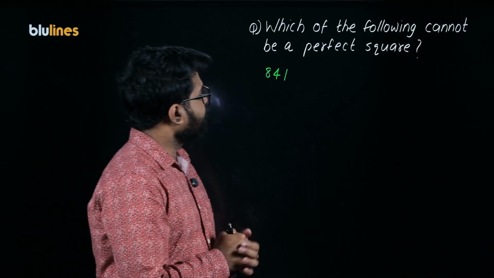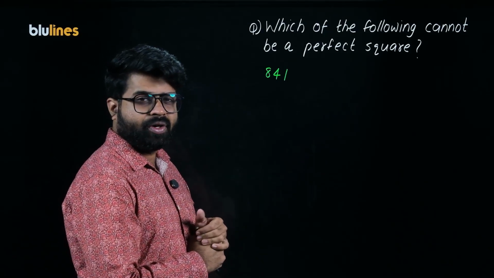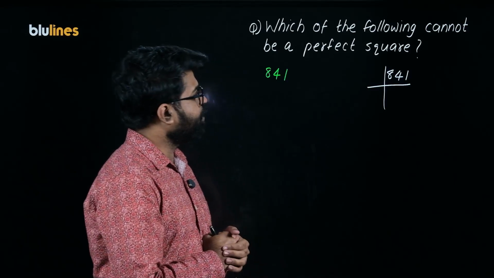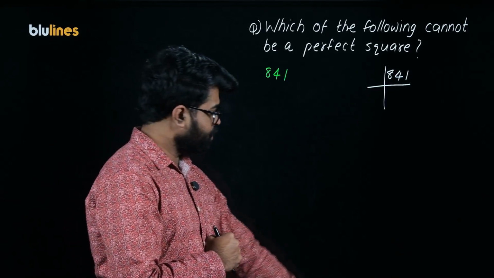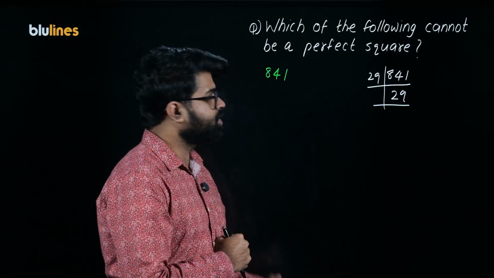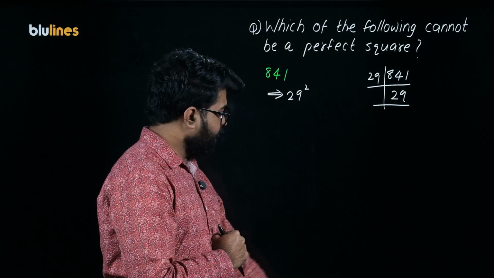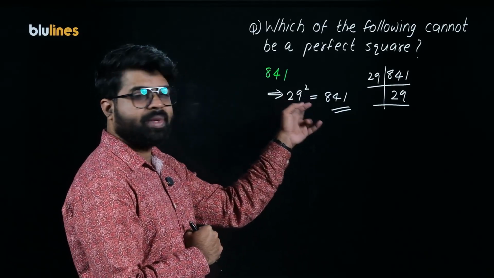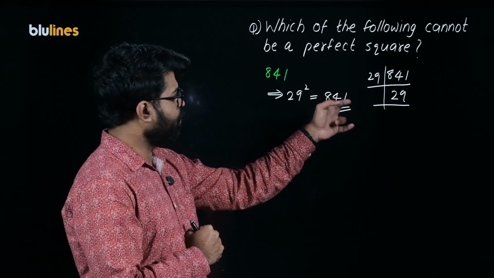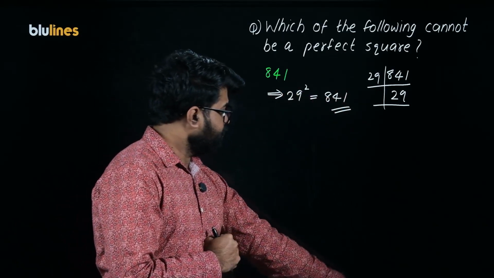Next one, which of the following cannot be a perfect square? So 841, that can be one prime factorization, 841 that can be divided by 29. So 29 multiplied with 29 is equal to 841. So we have 29 square, which is equal to 841. So this is basically a perfect square. Now we can see next one,